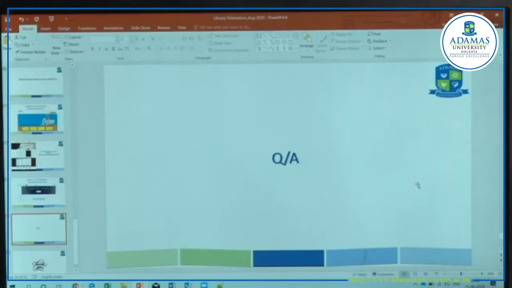So now with me, Mr. Ritesh Chatterjee, who is one of the giants on the IT side. He is the main person implementing the transformation of our Adamas University's technology side. He is very much an expert in the e-learning side, e-lab, and this virtual lab development. So now over to Ritesh. Ritesh, if you could start your presentation.